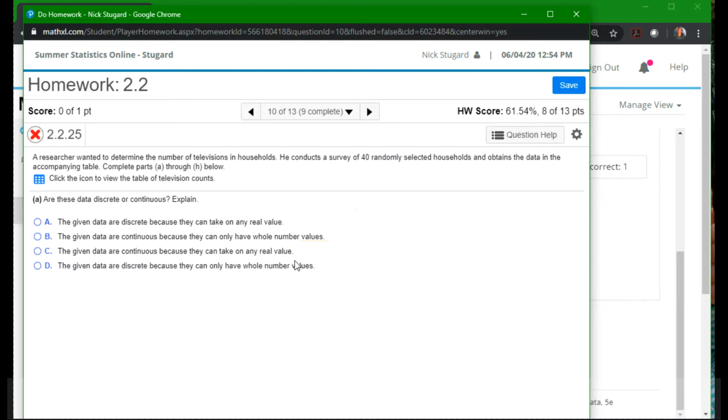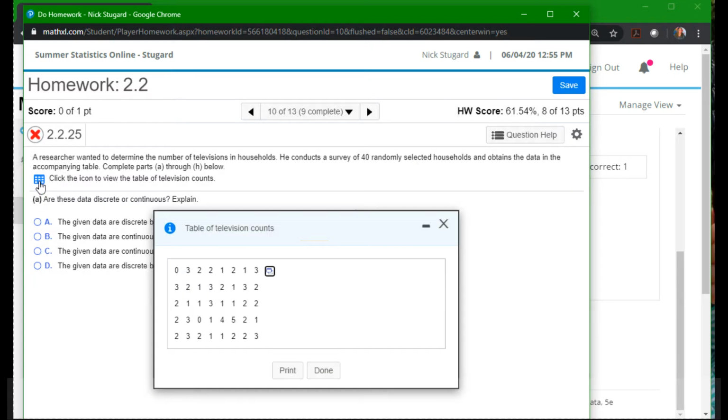The researcher wants to determine the number of televisions in households, so he conducts a survey of 40 randomly selected households and obtains the data in the accompanying table. And you'll see it says, click here to view the table of the television counts. Again, you're going to have to click that on problems like this, and it's going to open up with the data set. And this is the data set that we want to